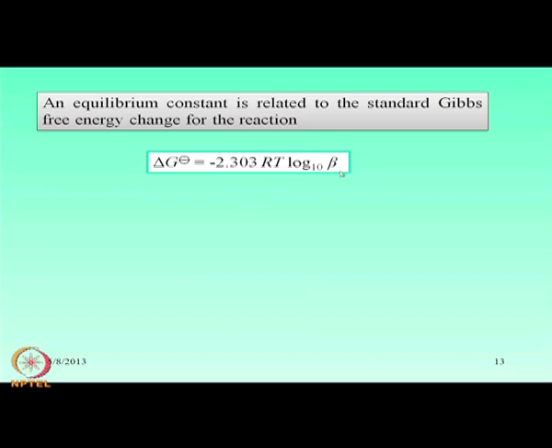So, this is the constant we are looking at here for the determination of the stability constant and the formation constant, and this determination of the beta value can also give us some idea about the corresponding delta G0 value for the reaction system, where we know the temperature, and the temperature effect can also be monitored, because if the beta value is known, we can find out the corresponding delta G0 values for these reactions,